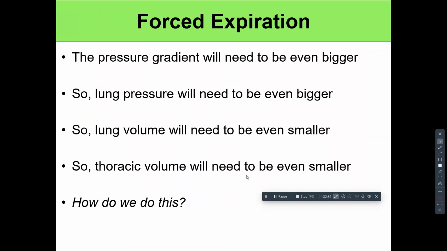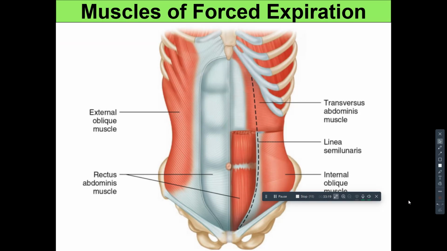Now, what if I wanted to take a big, huge breath out? I gotta move more air, which means I need to have a bigger pressure gradient, which means I need to make my lung pressure even bigger, which means I need to make my lung volume even smaller, which means I need to make my thoracic volume even smaller as well. And how do I do this? Well, I am going to utilize muscles,